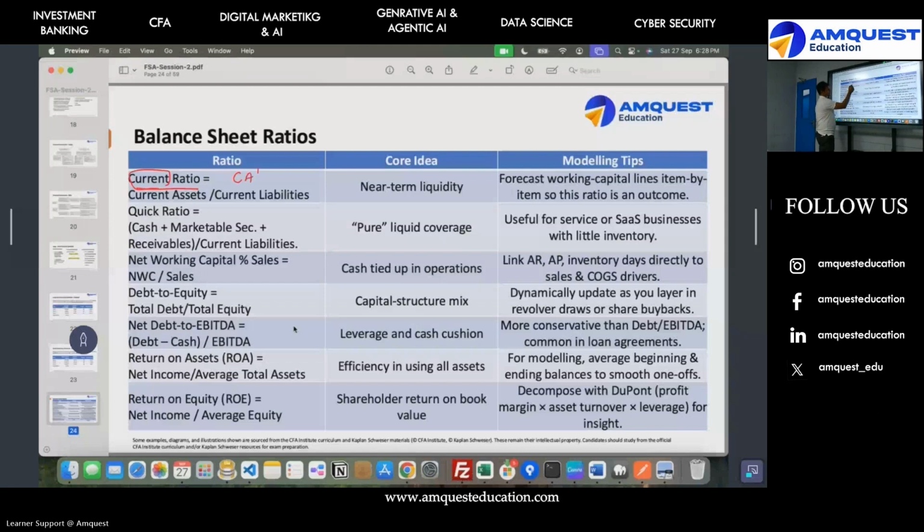What is current asset? It's nothing but your assets which are less than 12 months. This ratio gives you an indication of how much liquidity you have. But liquidity in the short term or the long term? This is short term, right? We call it the near term liquidity. Now, current ratio is not always useful because some of the current assets are not quick enough to get